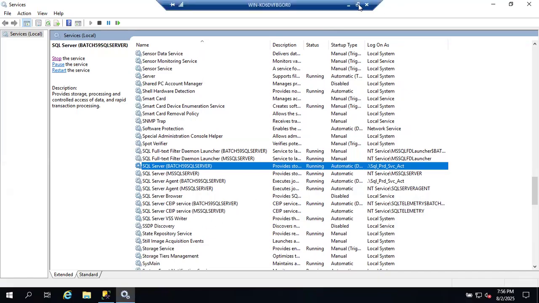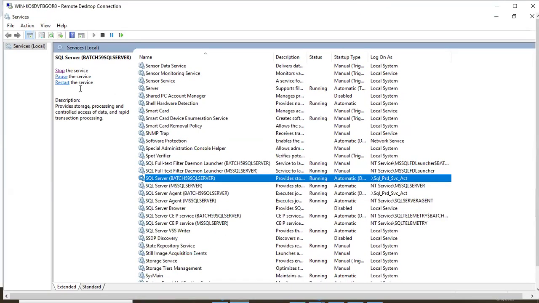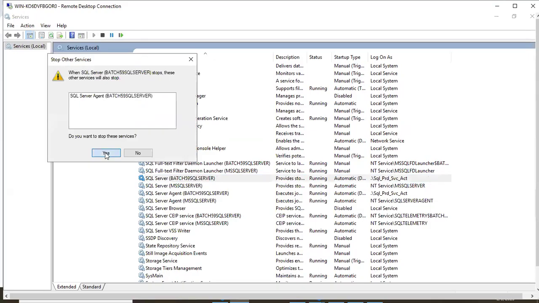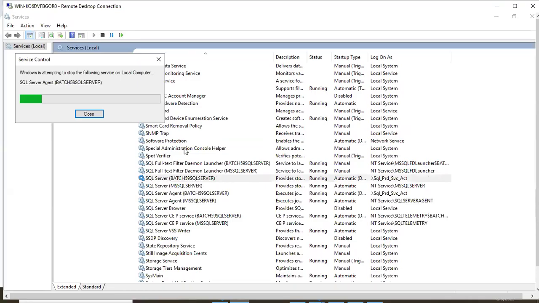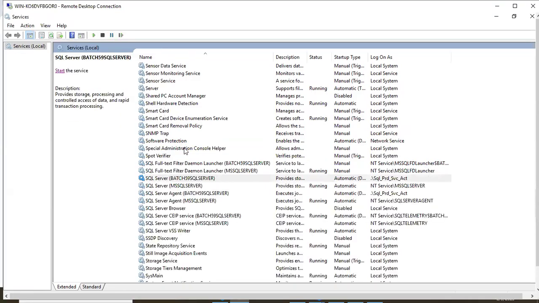Why do we have to take the screenshot? Because imagine if one service is down like this. I'm just stopping one on purpose. Don't stop any SQL server in real life; just to show you the demo, I'm stopping the SQL server. See now, out of this,